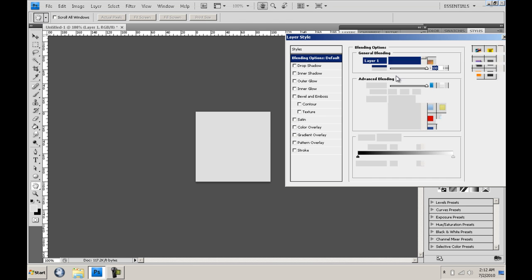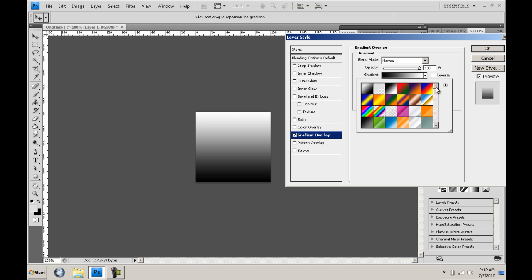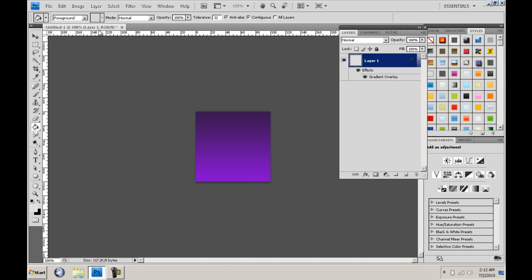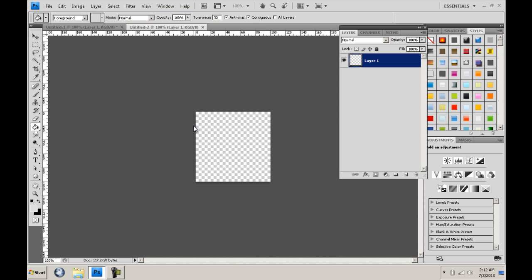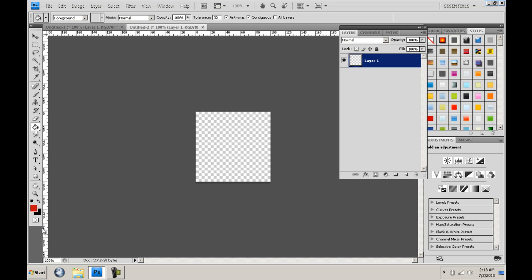Then go to blending options and gradient overlay. And you put a gradient overlay of a dark color to a light color. To get two colors that you want, say you want to make a red one, you get a kind of dark red and black, and